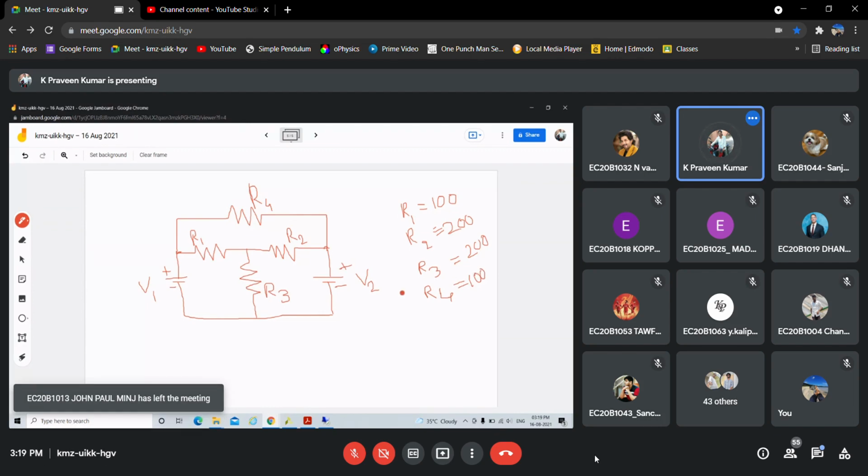So this is my circuit specification, and regarding V1 and V2, you can assume any value, right?